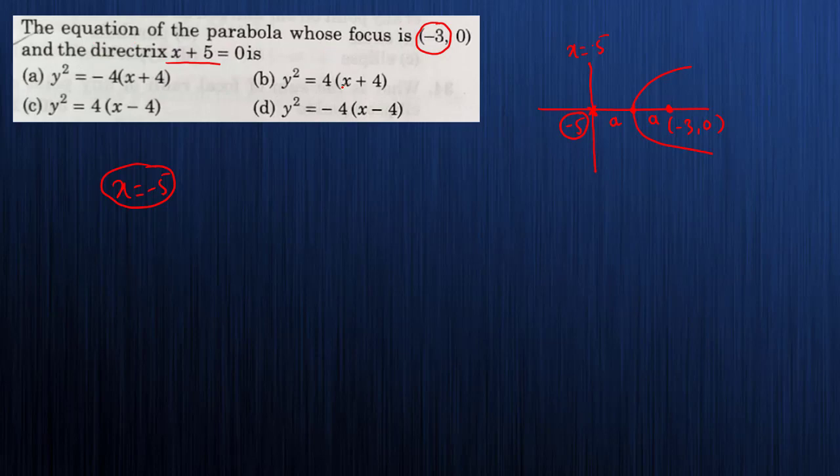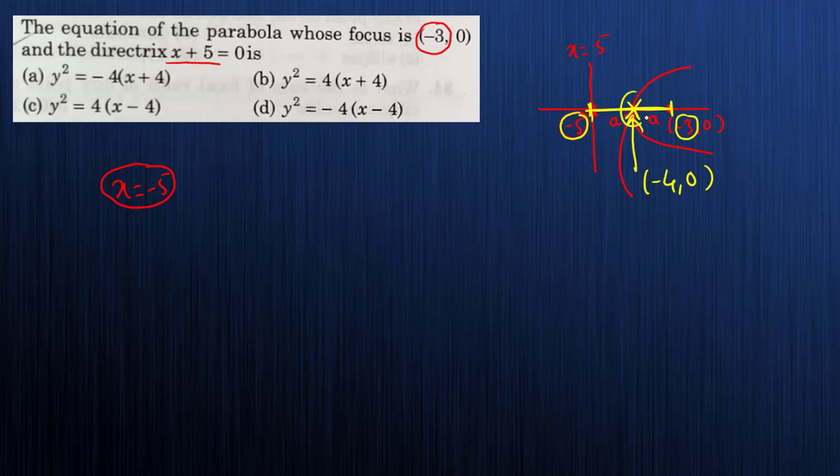Okay, so you can check that. Can you give me the equation, or sir, the coordinate of the vertex? See, when you consider this whole segment, the directrix and the focus, if you take the midpoint of these two, then you will be having this vertex. Okay, so look, this is -5 and this is -3, meaning the distance between both is 2. So the midpoint will be at 1. So come 1 from here and 1 from here, you go any way. So this point will be what? It is (-4, 0).